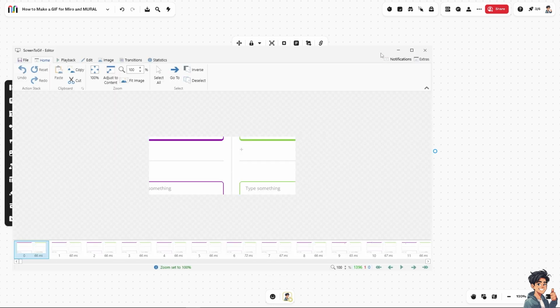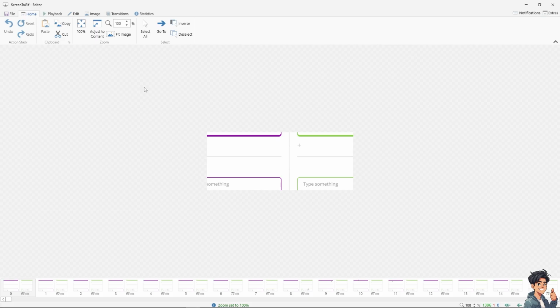This is actually the main screen. I'm dragging it on another monitor. You see this one? Basically, you have all of these options for you to work with. You can copy, you can cut, you can adjust, and this is going to be the slider for the duration